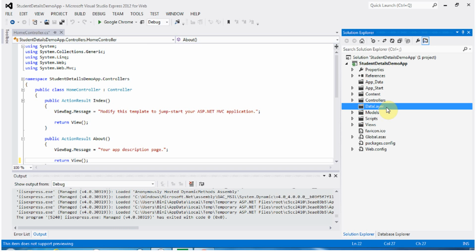When you create a big project, you may end up creating this data layer in a separate project instead of creating it inside this demo web application. Usually when you create a large application, you may have a business layer, a data layer, maybe a service layer, and finally you'll have this web application or mobile application. For this demo I'm going to use a data layer folder here, and right click,